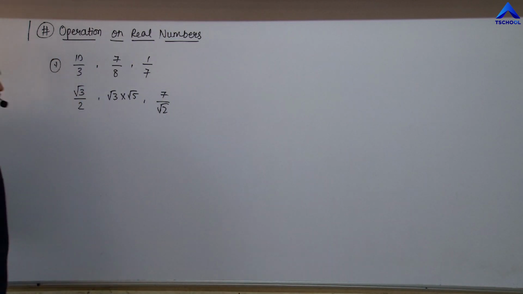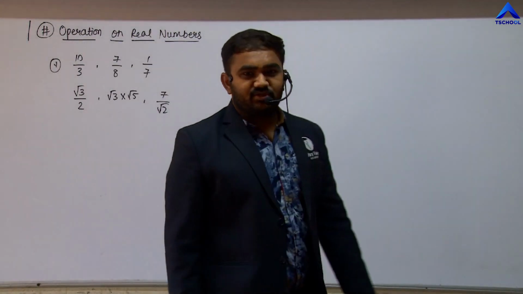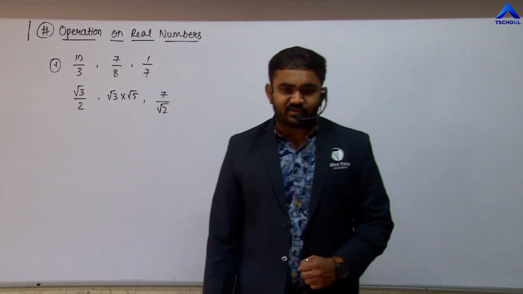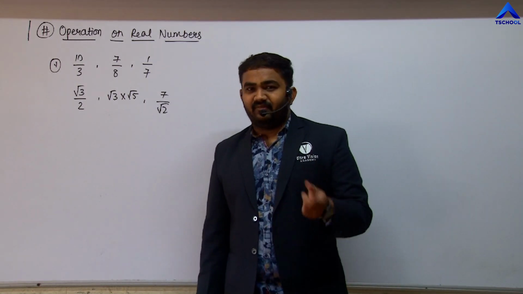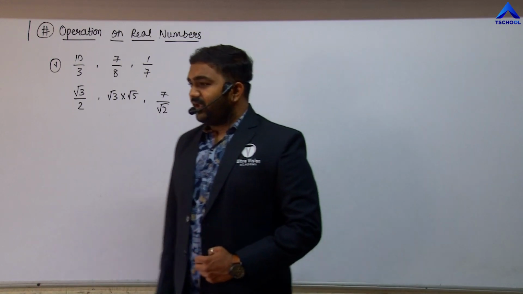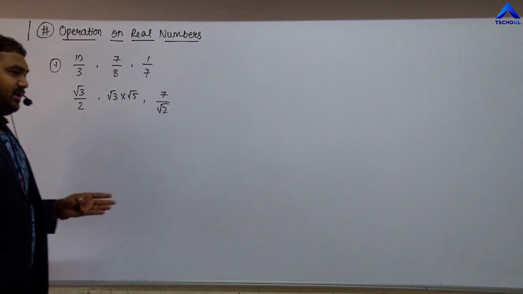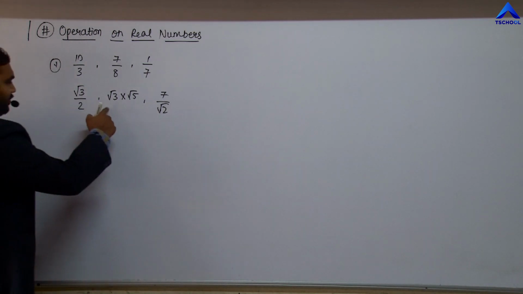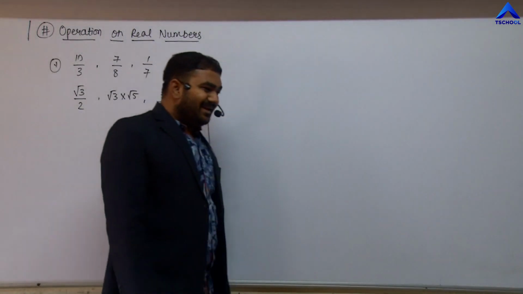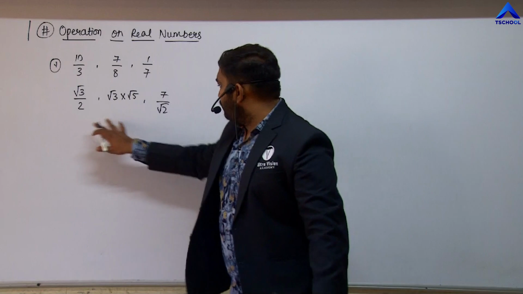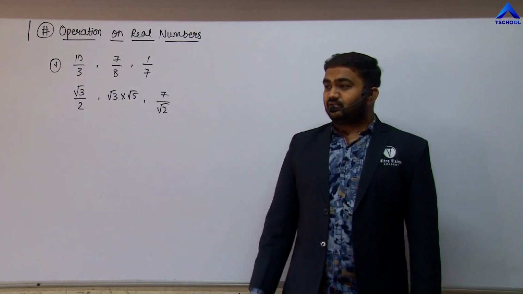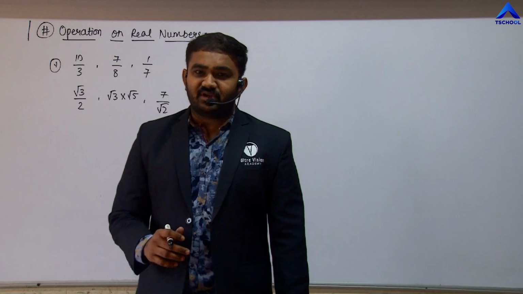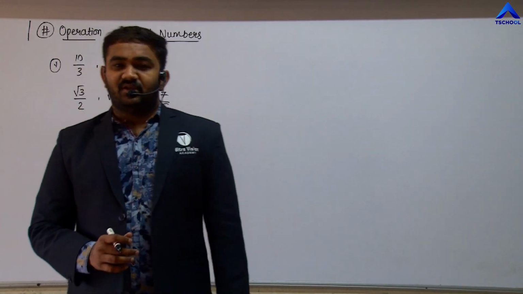In the first case, we were having all the numbers as integers, that means natural numbers. But in the second case, the numerator and denominator are not all integers. Actually, some are irrational numbers and the others are integers. That means root 3, root 5, root 2 are irrational numbers, and 2 and 7 are integers. So in this topic, friends, we are going to study those kinds of numbers which deal with irrational numbers mostly.